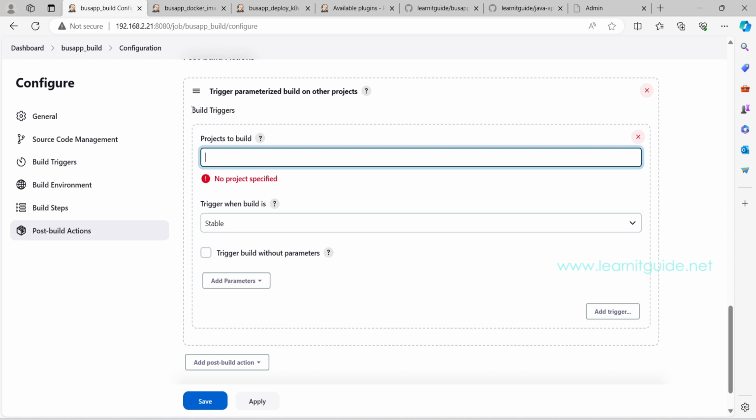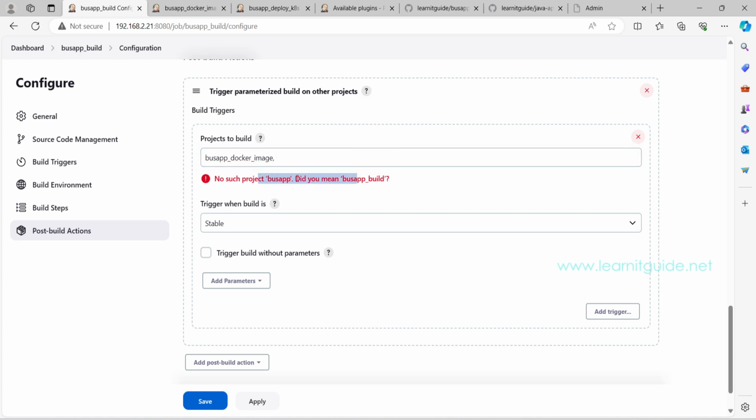Here just type the job names. It will list you all the jobs. Here I will select bus app, the Docker image. This is going to be my downstream job for the bus app build. It will accept multiple jobs, so it has come with comma, but it will not. That is why I am getting this warning. Just remove this comma